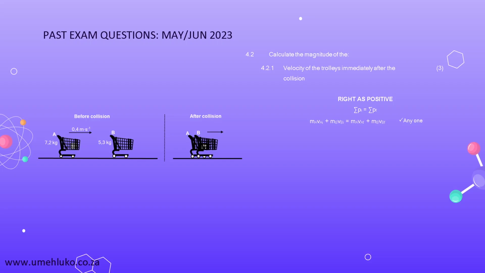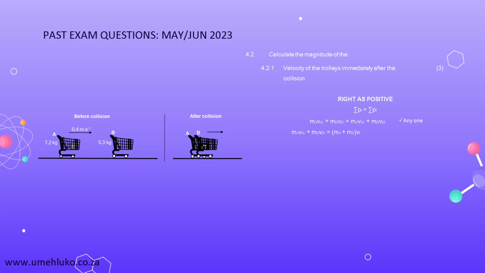So MA VIA plus MB VIB should be equal to the final velocities, where we say MA V final plus MB V final,